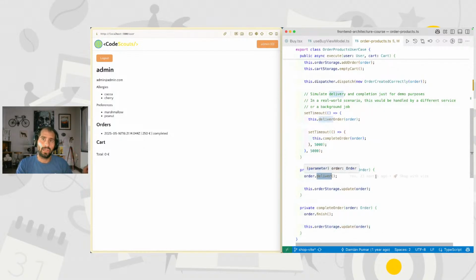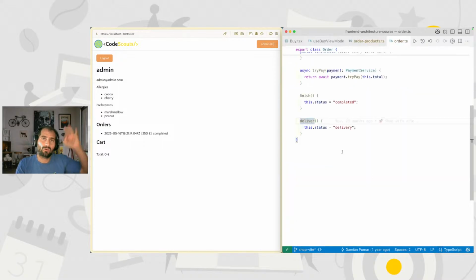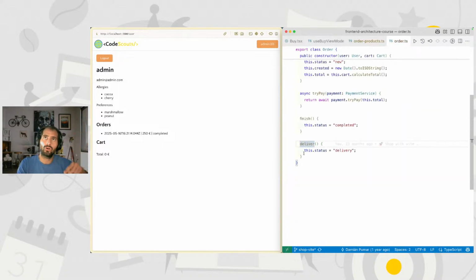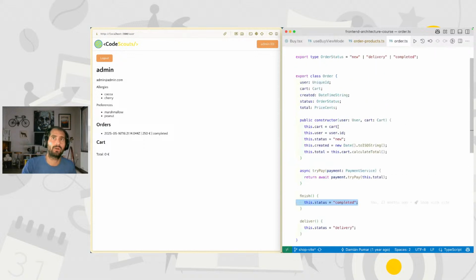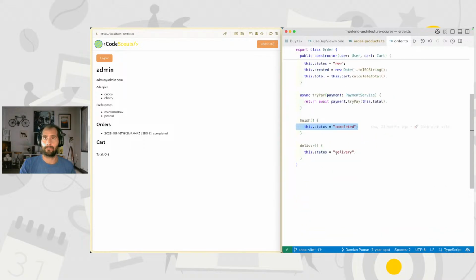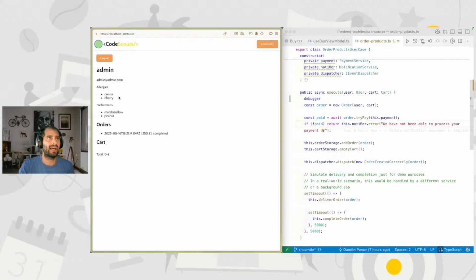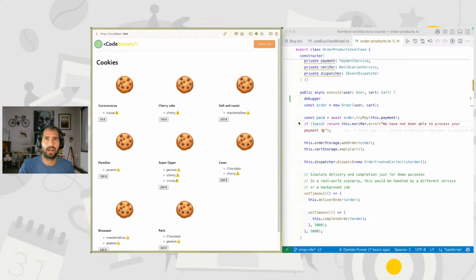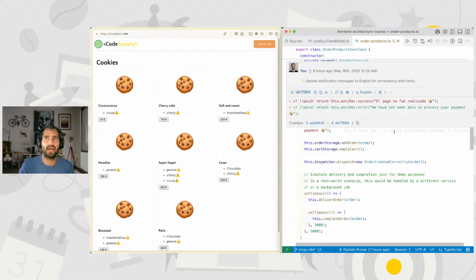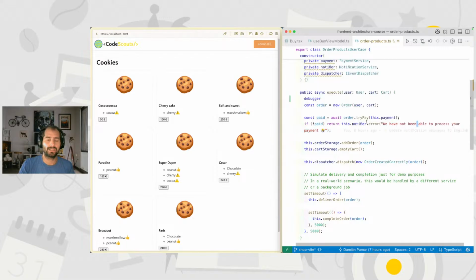Internally, we use the responsibility in the order object, just changing the status here as well, right? So, well, this is more or less the use case, but I would like to show you this scenario. This we have not been able. As you can see here, the